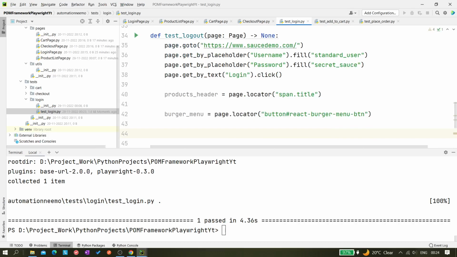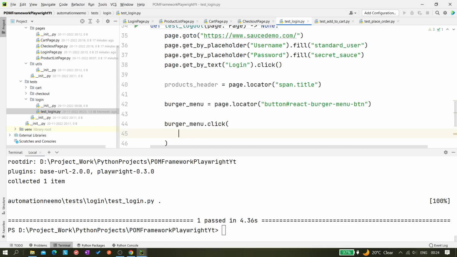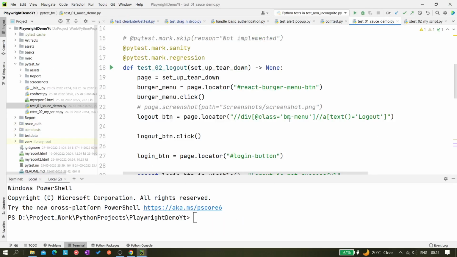So we got this burger menu button, so we have to click on it. So burger menu dot click, and then once we click on it,